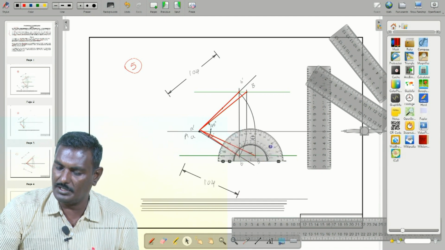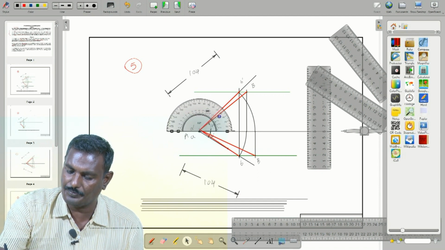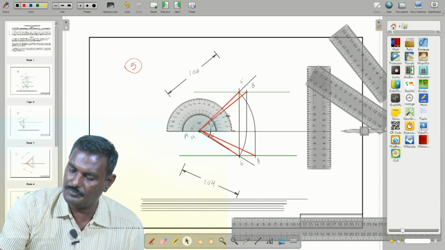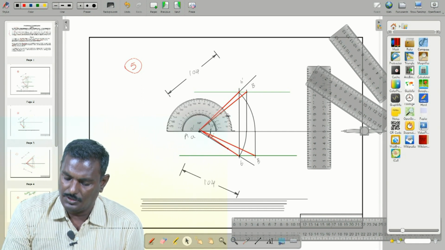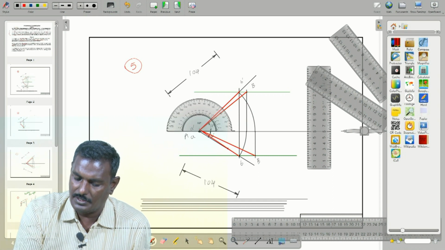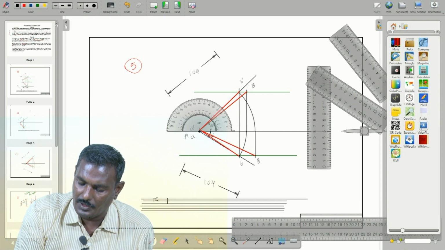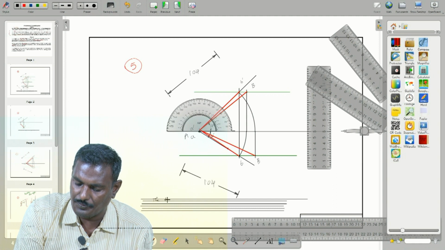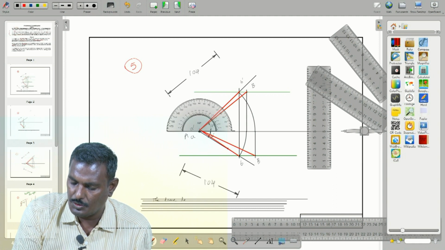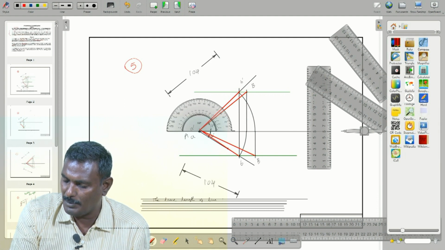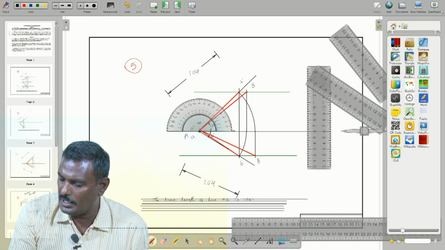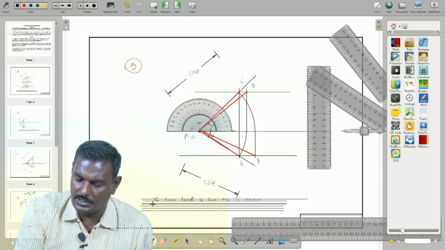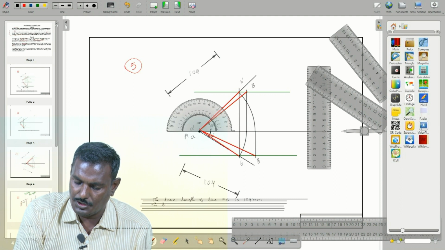Then take the protractor and place it over here and observe. So what about the inclination of capital A, capital B? First we have to find, so the true length of line capital A, capital B is 104 mm, and the true inclination of line AB is